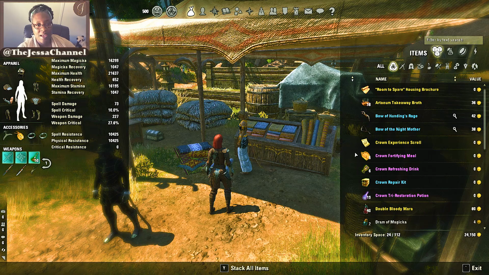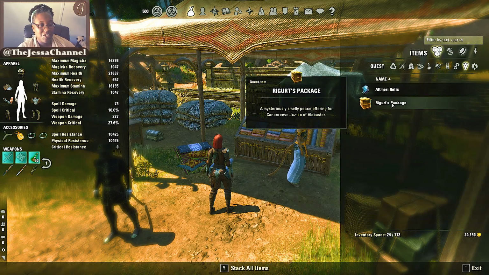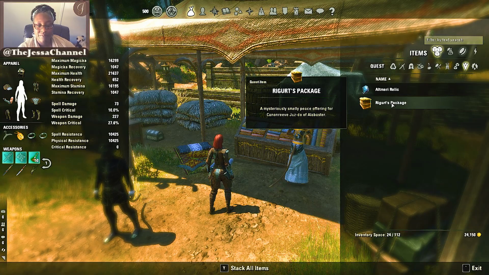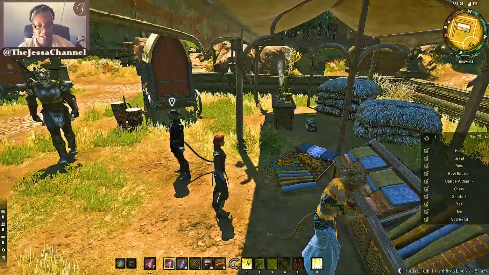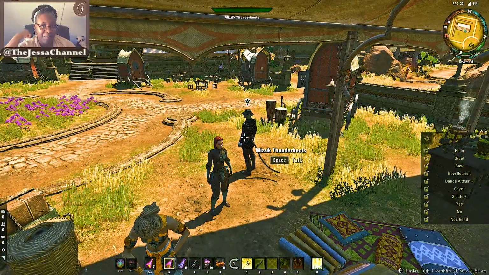And we should now have a package in our inventory. Rigert's package, a mysteriously smelly peace offering for Canon Reeve, Jew's Doe of Alabaster. Now that we have our package, we need to take it to Stitches so he can present it to Canon Reeve. Okay. So it looks like we need to make our way to Stitches, but first there's someone who's poking Mersie's